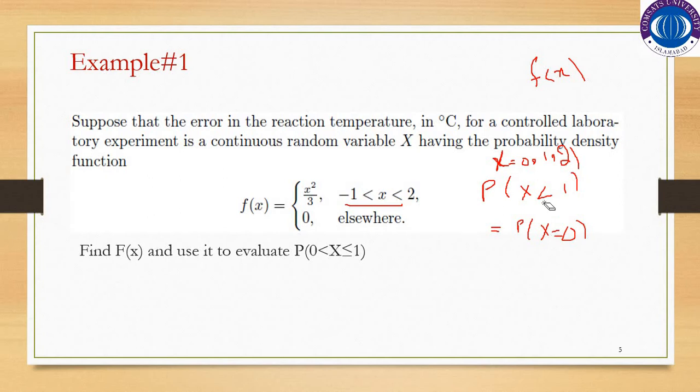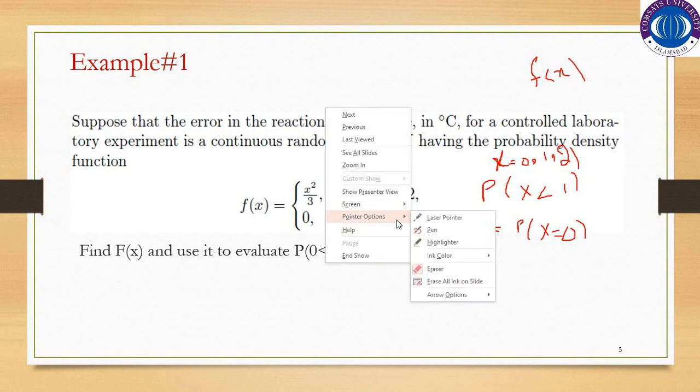Because here we have x less than 1, not x less than or equal to 1. In the discrete case, this equal to sign matters. But in the continuous case, whether you write less than or equal to 1 or less than 1, it gives you the same interpretation. Like if we wrote right here